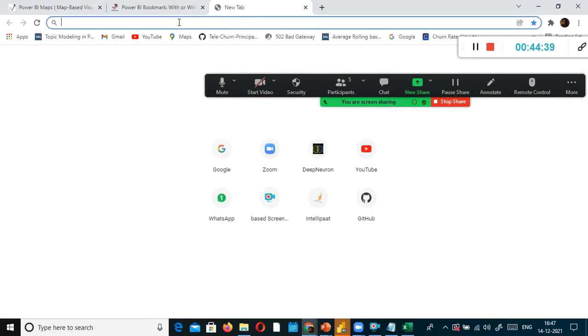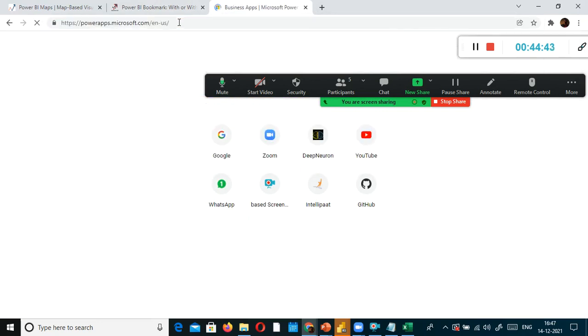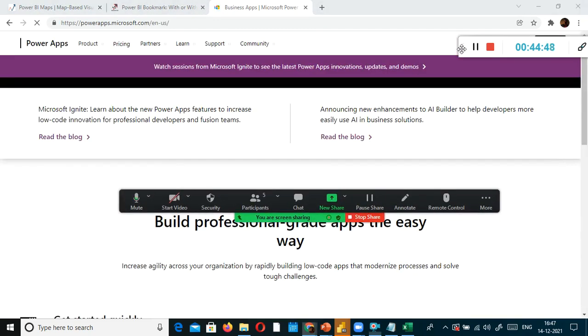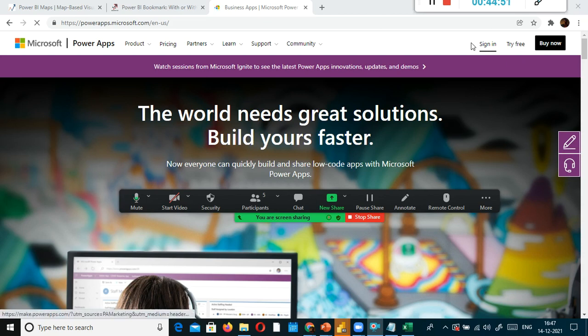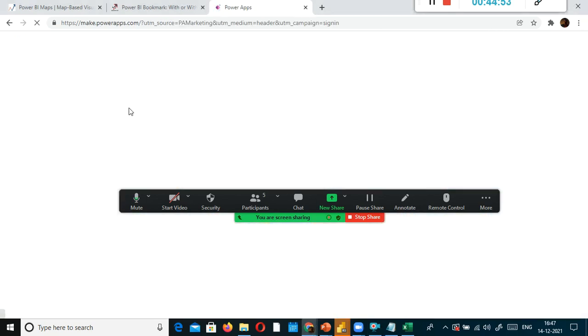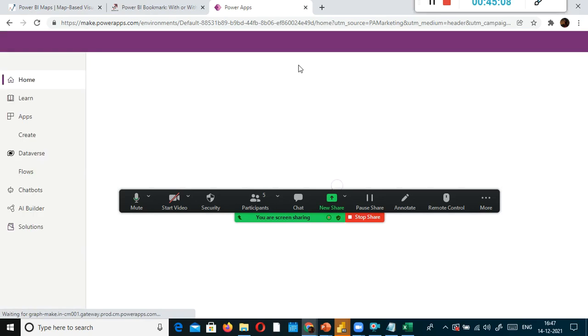I just go here, and what I'm going to do is Power Apps. You have something called powerapps.microsoft.com. Even here you need to have a registered email ID, I guess. The office email ID. Okay, sign in. I just click sign in. I already created a user ID and password on the powerapps.com site. Let's wait for some time. Oh, okay, thank God it's connecting.